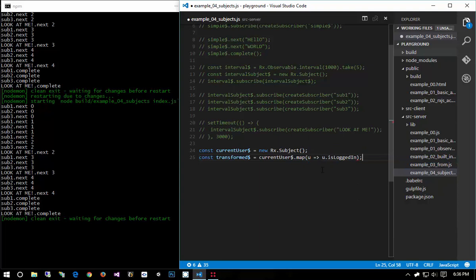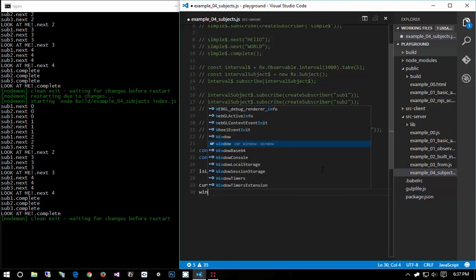Actually, I'll change this transform to is logged in. And then I'll go ahead and say is logged in, subscribe, create subscriber is logged in. And now I can go ahead and say current user dot next, and I'll say is logged in is false,